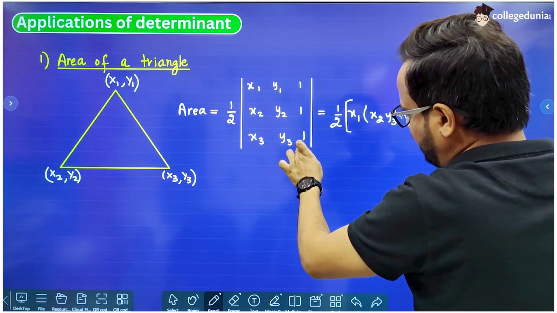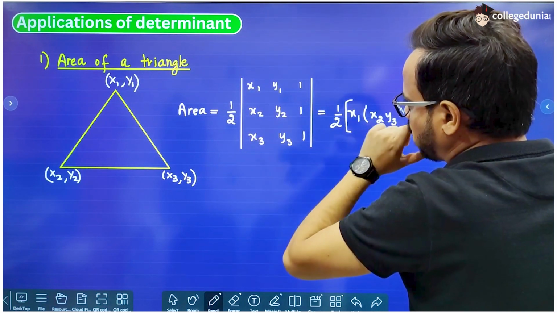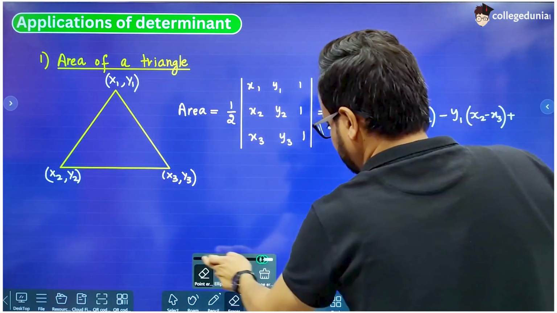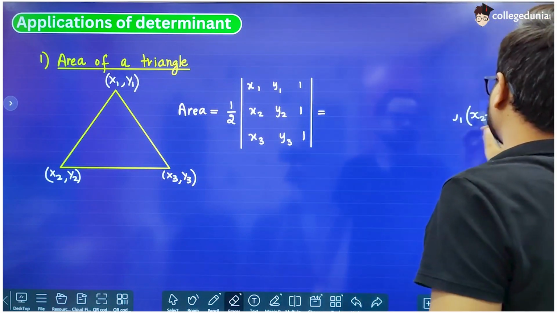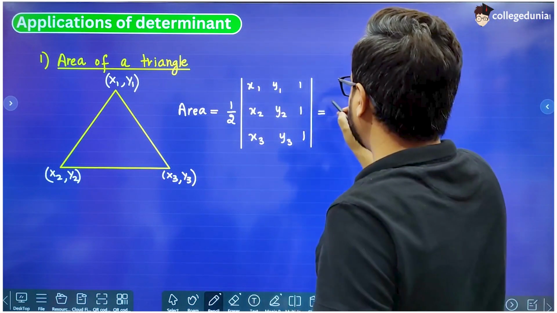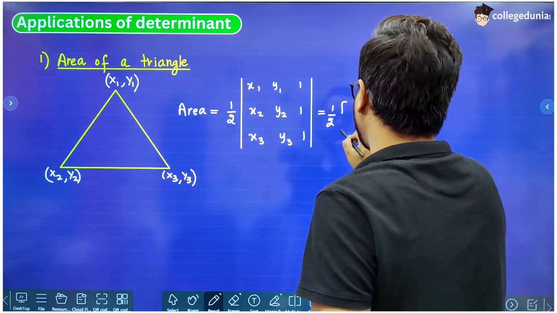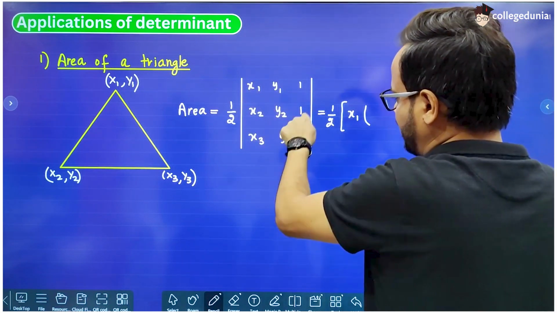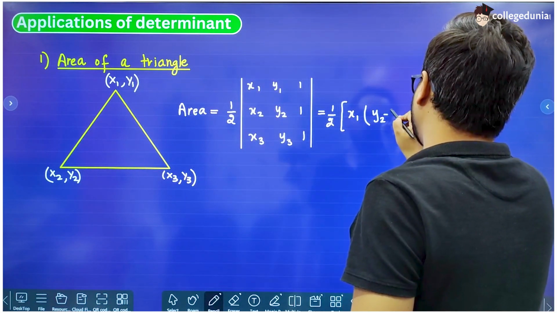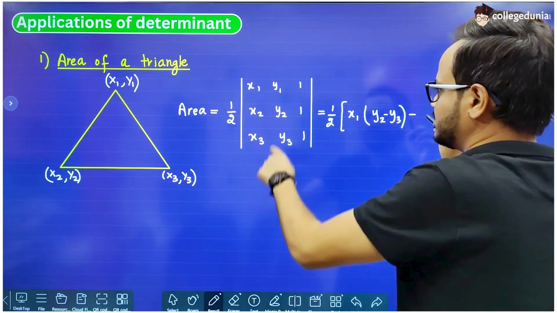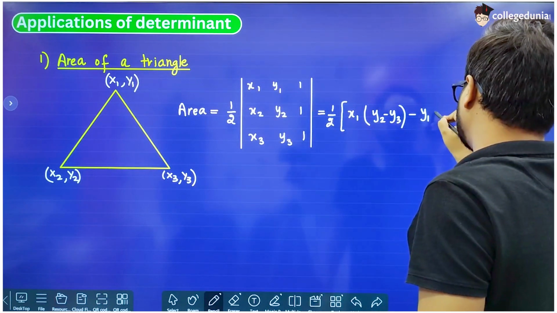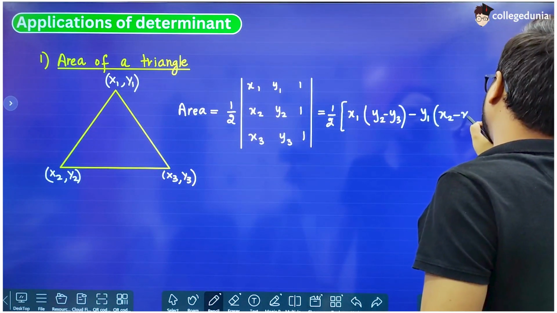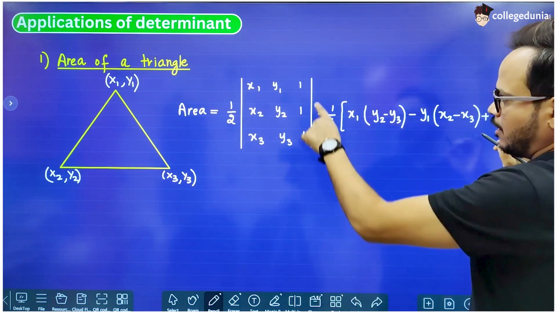Okay, sorry, my mistake, wait. Okay, take half x1, leave this row and this column, now it is y2 minus y3, minus y1, leave this row and this column, it is x2 minus x3, plus 1,